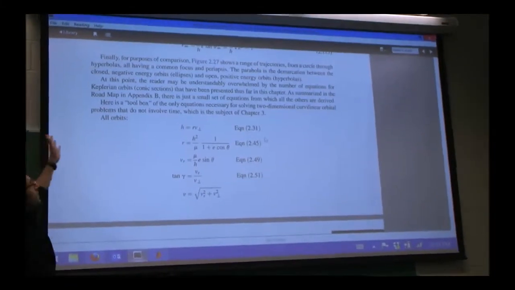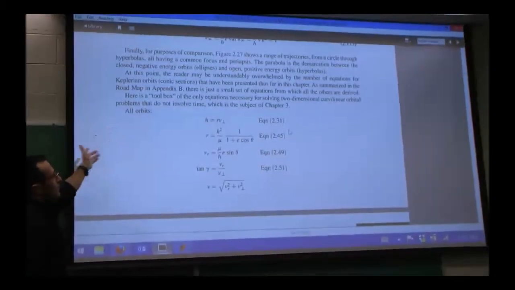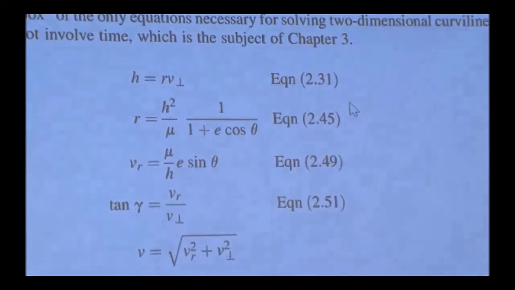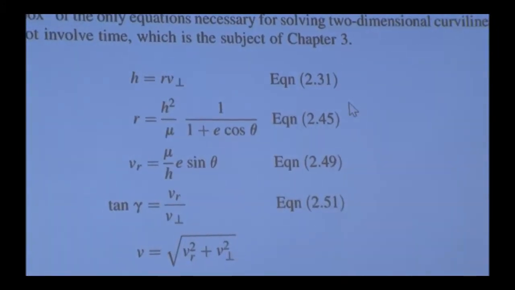Okay. I just want to show you that page on the book that collapses everything into a few formulas. It doesn't mean that that's the only page you need to know of. It just helps you organize things. So this is a nice page. Again, this is version 3, so I don't know exactly where this is in your version. It's probably the same page. You can write down the equation number probably. So this is true for all orbits. I'm going to touch the screen. This is true for all orbits. And then